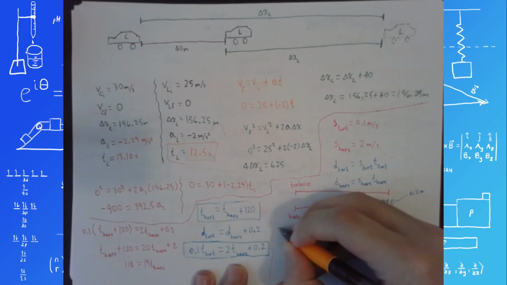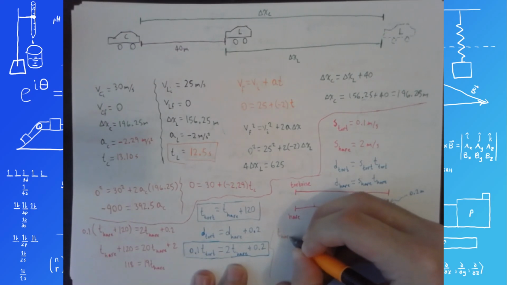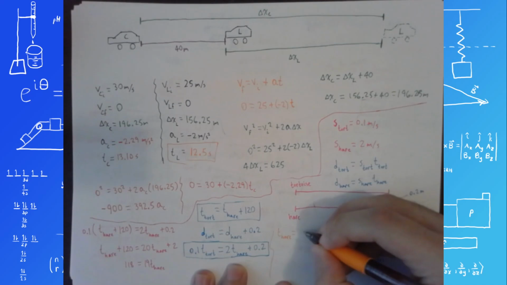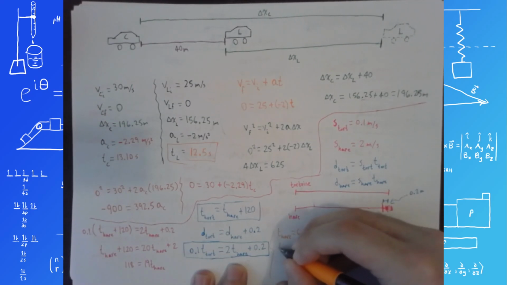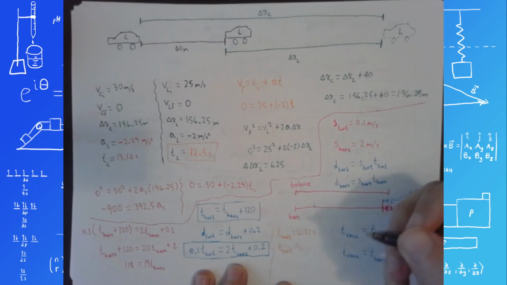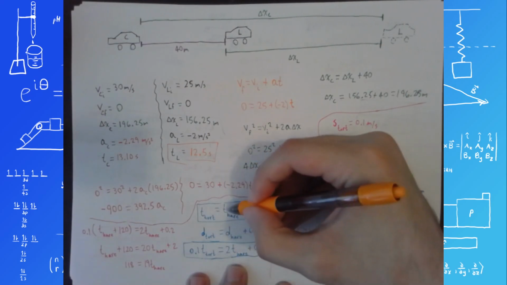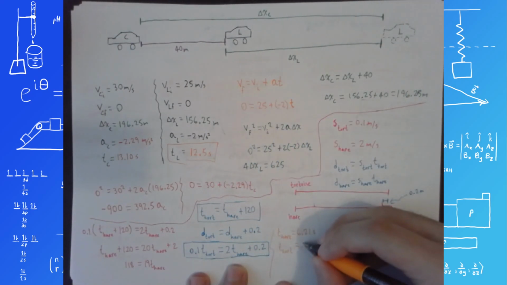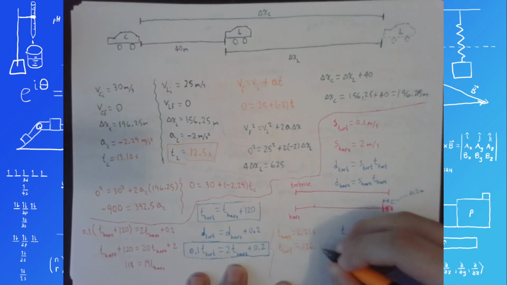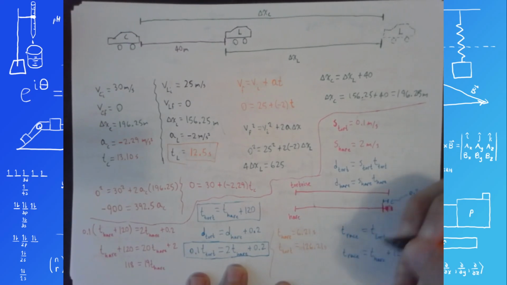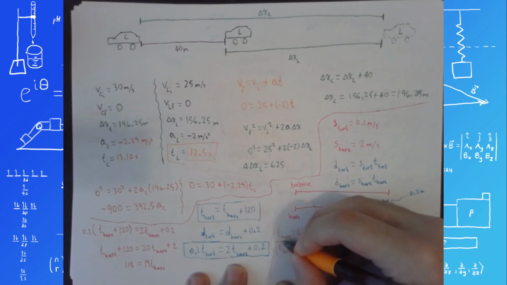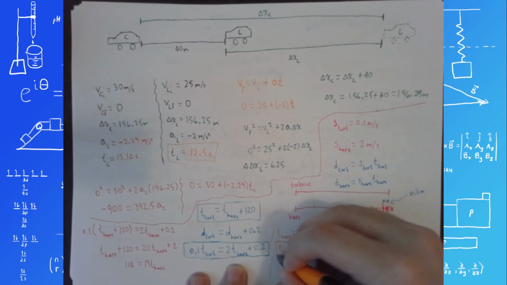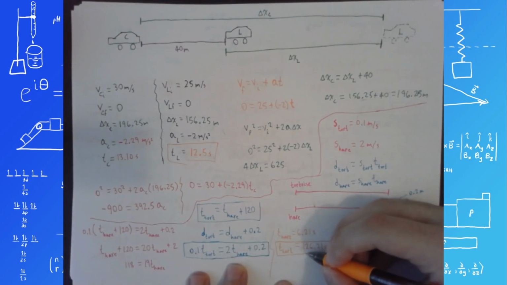So I guess, let me switch colors and write it over here. T hare is equal to about 6.21 seconds. That means t tortoise, which is also t race, is equal to 6.21 plus 120, so 126.21 seconds. All right, that's our first answer, and then our second answer is